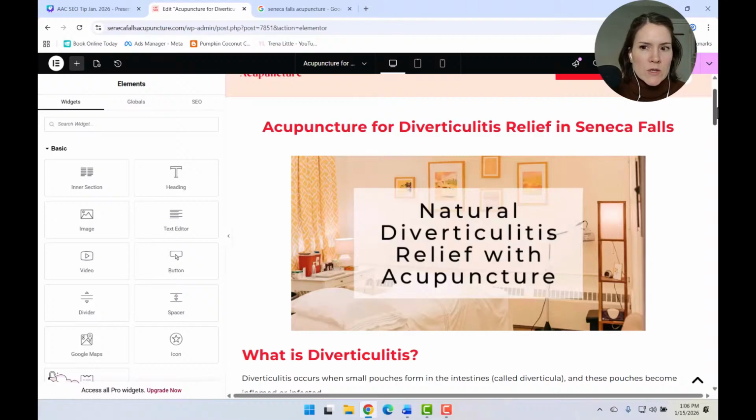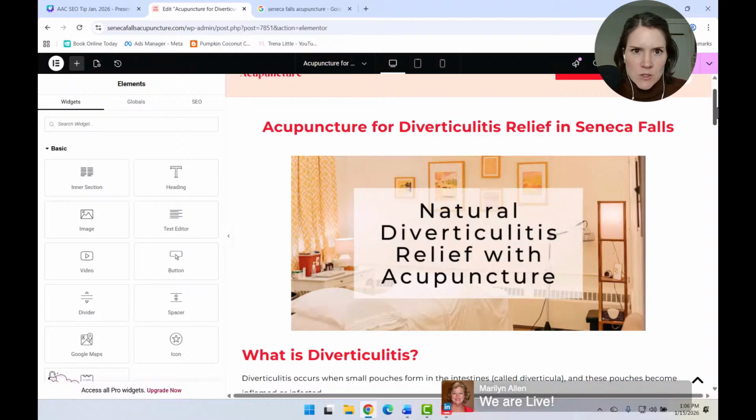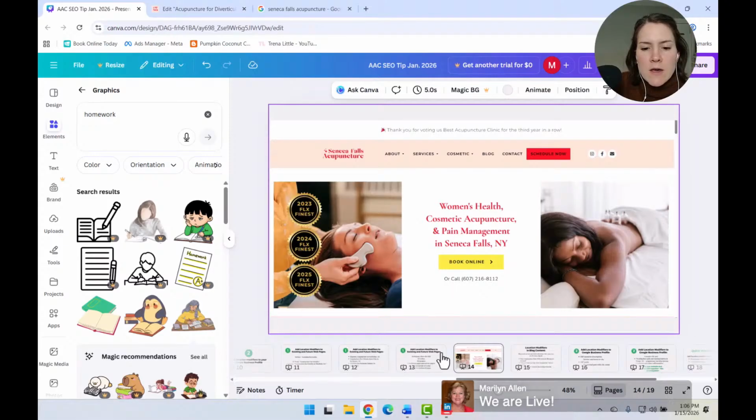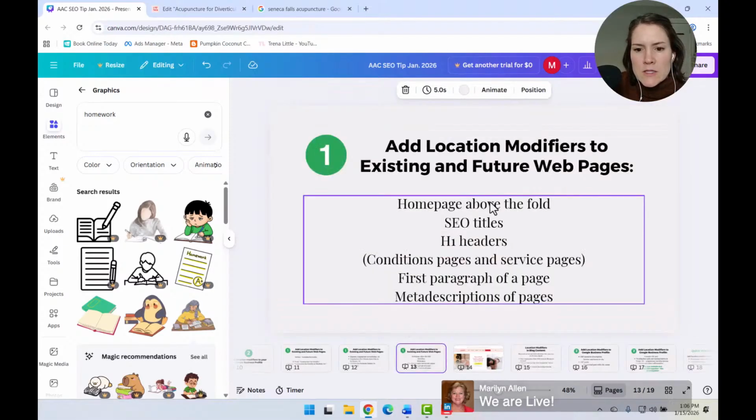That's very important. And Google also cares about that, right? So you can sort of choose where you want to put your location, in this case on your symptoms and conditions pages. And if you can fit it into both the SEO title and the H1 heading, then that's great. Okay. So let's go back. I think I covered everything. Let's see, above the fold, SEO, H1, and meta descriptions.